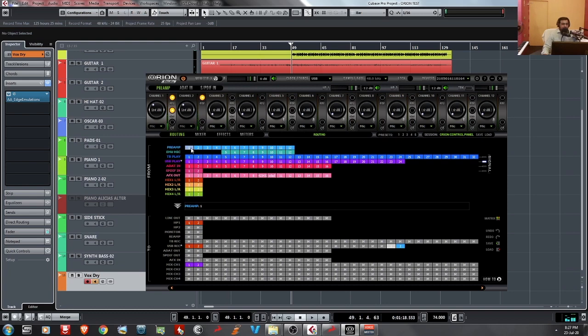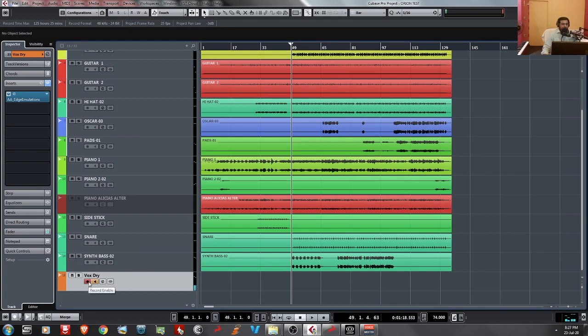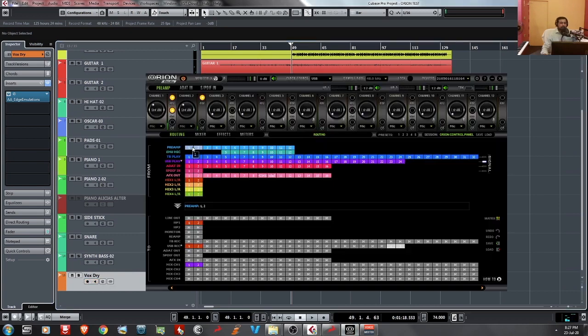Now I am selecting the same preamp. So in my Cubase I am just unchecking my record. Okay, I will select the same preamp from here, and I will drag and drop that to the AFX input 1 and 2. So now I have routed my preamp 1 and 2 to the AFX in 1 and 2. Let me go to the FX section.